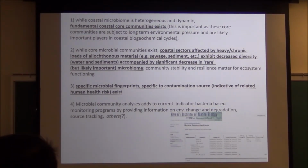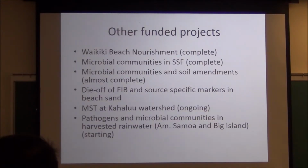And yeah, I will leave this one. That's all the projects that we're currently doing. We completed the Waikiki beach nourishment project. We completed the slow sand filter study. We looked at, and this is almost complete, the microbial communities in soil amendments. We looked at the type of FIBs and source-specific marks in beach sand, and we're currently working with the Department of